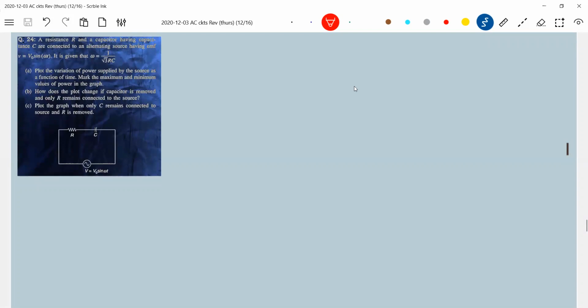It's asking to plot. Okay, this is an RC circuit. So RC circuit, V naught sine omega t. Current will lead the voltage. I think we know enough theory. I'll proceed like this. So I is equal to I naught sine omega t plus phi. What is the phase angle of the circuit? So this tan phi should be equal to XC by R or 1 by omega RC.